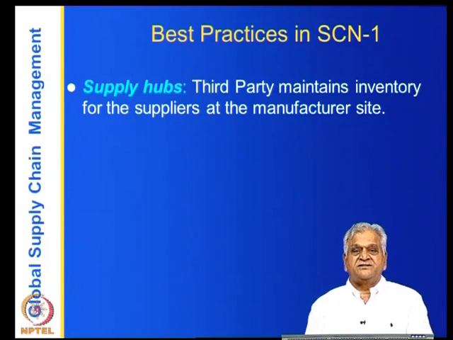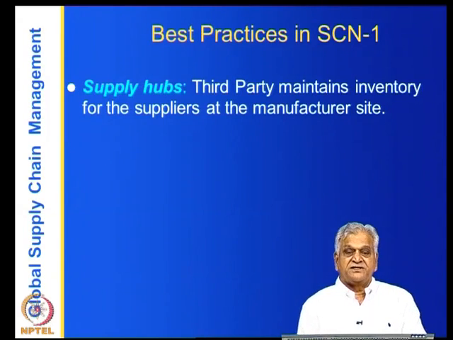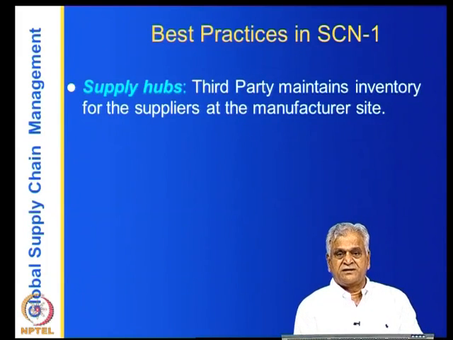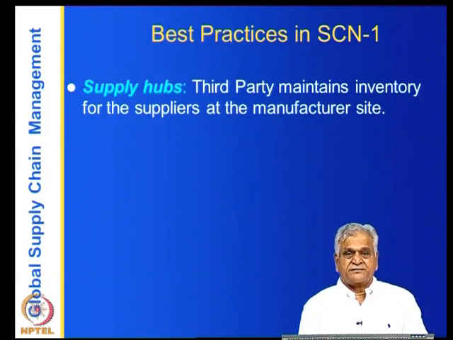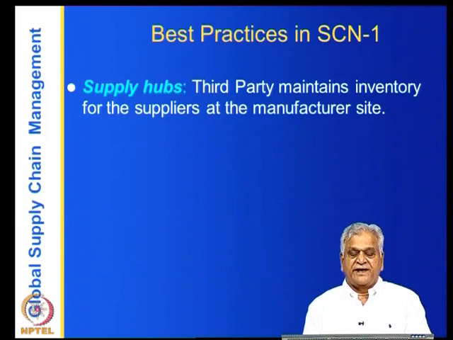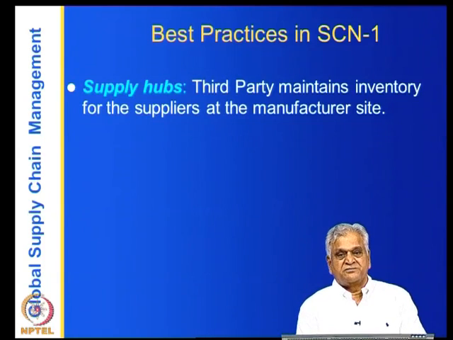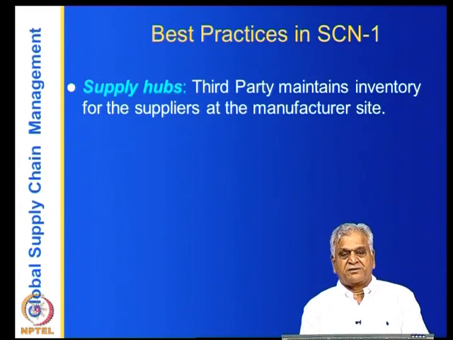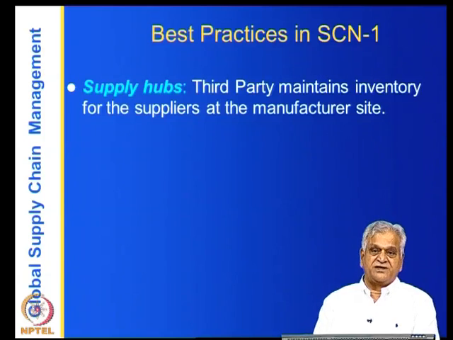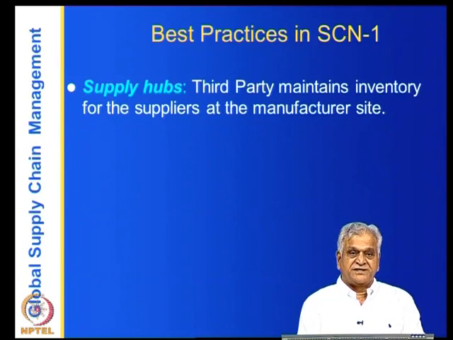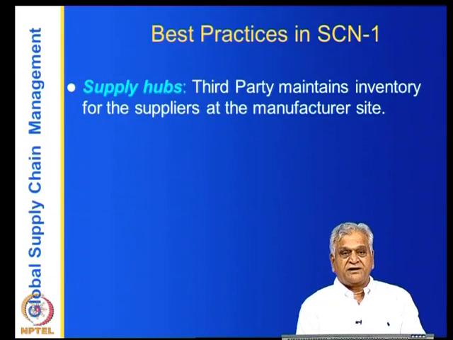So who maintains this inventory? Because inventory costs money. The suppliers. So this is called supplier owned inventory, and the supply hubs are very common in the electronics industry, as well as in the construction industry, because if you are building an airport or a big construction house, then all the players are going to put all the building materials, the cement and all the electric equipment and all that nearer to the place, so that there are no delays in the supply, and also there is the reliability of the supply